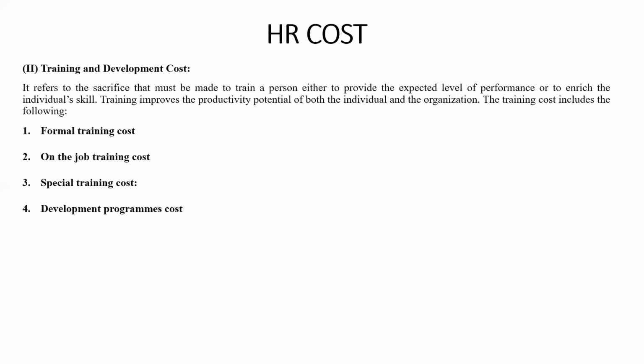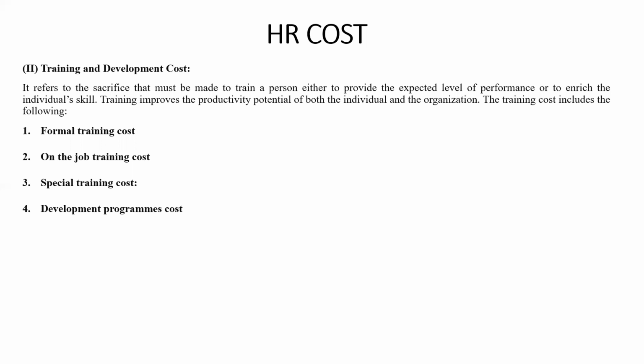The second one is on the job training cost. Once the employee is placed on the job, he must be trained to do the job efficiently and effectively. And in this regard, the employee learns while he is on his job. In the process, the cost of mishandling the job, the payments to the employee more than what he actually contributes are on the job training cost. Thus, it is an investment in human resources.